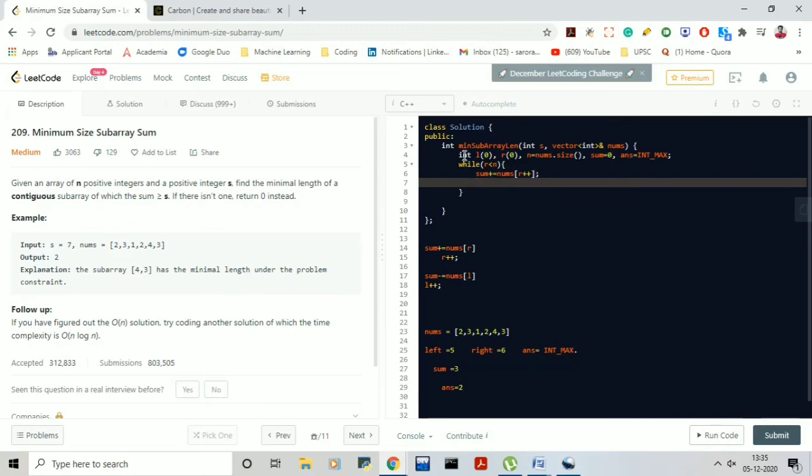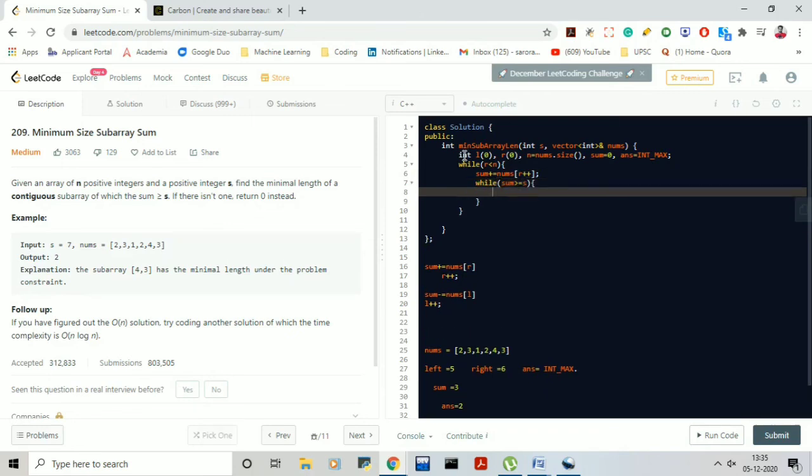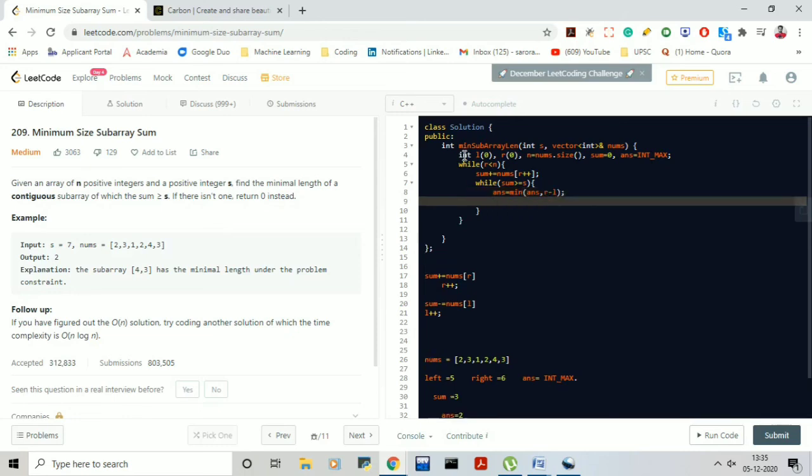Then we need to decrement the length while sum is more than or equal to the given sum, and then update your answer by taking the minimum of whatever we have computed till now and r minus l, meaning the current length which we got. Then we need to do sum minus equals nums of l, l plus plus, and then that's it.